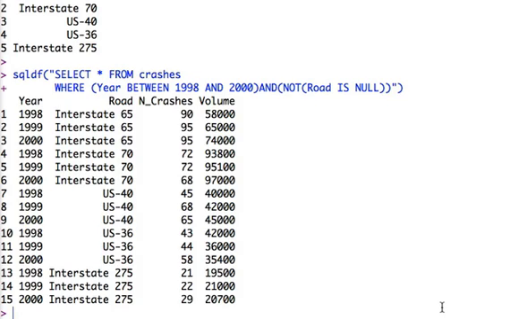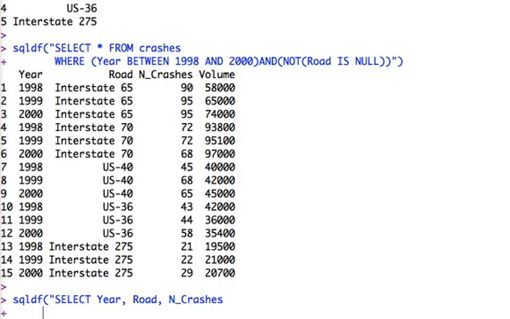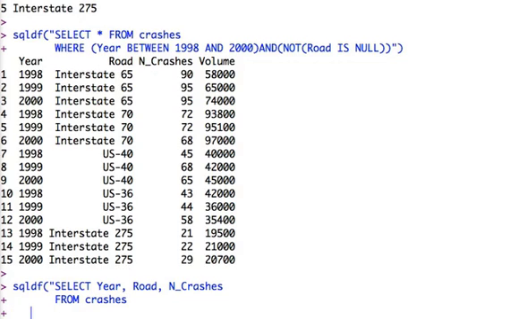And you have ORs. You kind of get the idea. You can select year, road, and crashes from crashes. Where? It's going to get boring real fast. Year less than 1994 or year greater than 2010. Actually, I could have done that by using a not and then a between. So not between the two, but